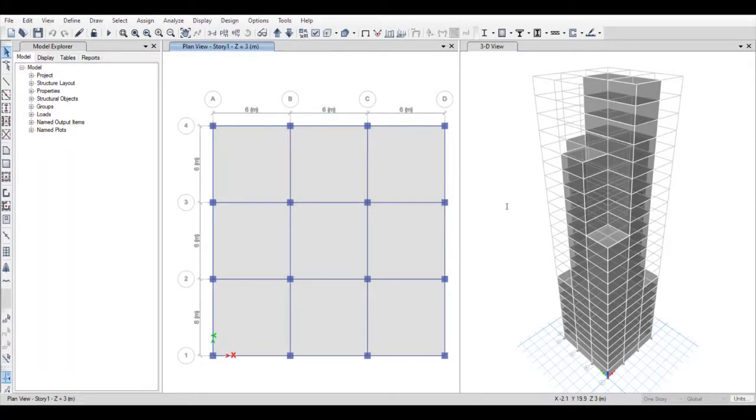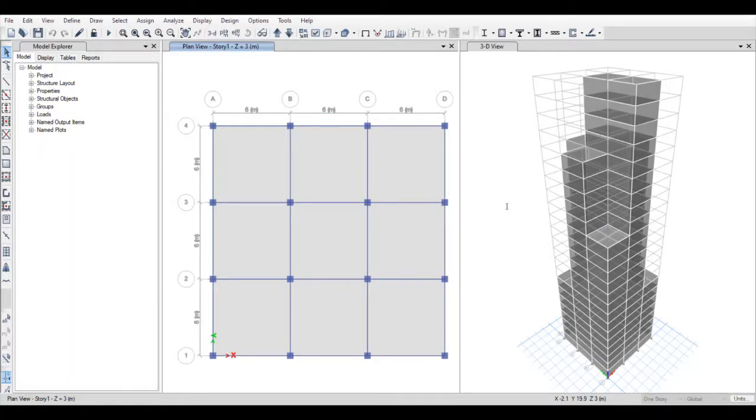Now guys, we'll have to put these factors: seismic zone factor, site type, importance factor, then response reduction factor. According to our building type, we'll enter the response reduction factor. According to our site type, depending on the map of India, different zones are made.